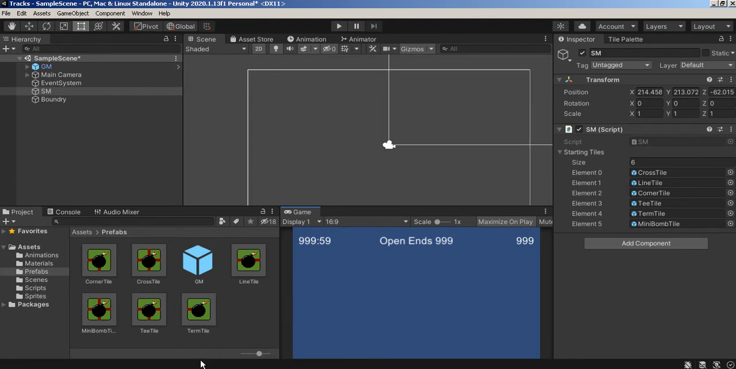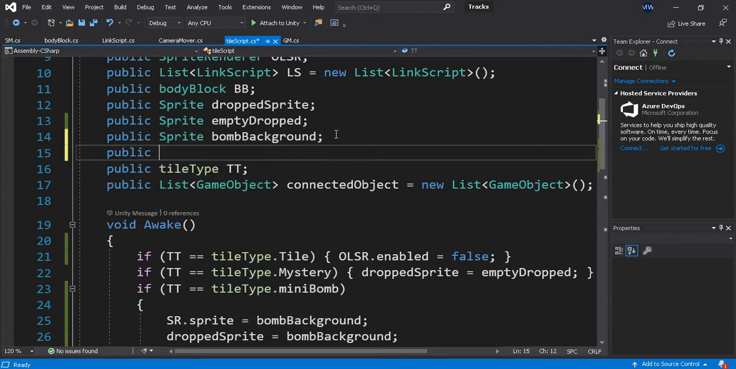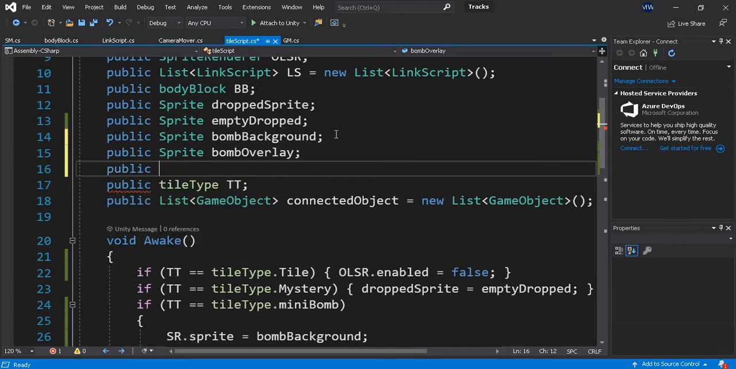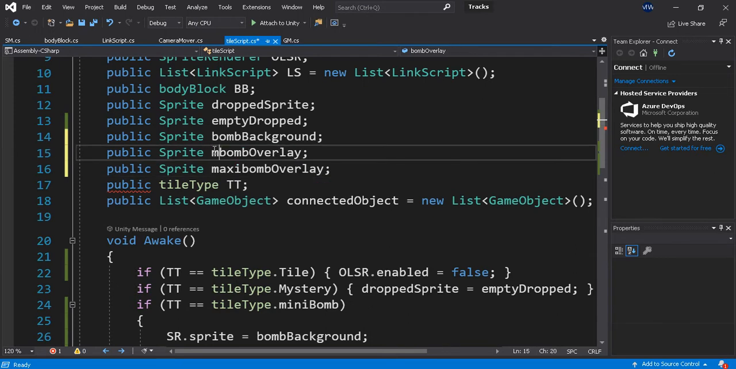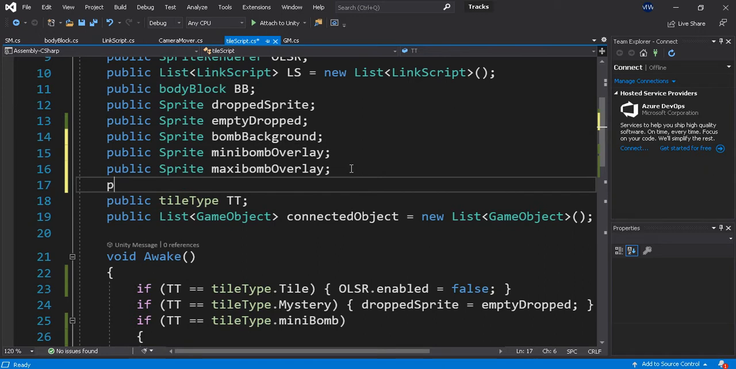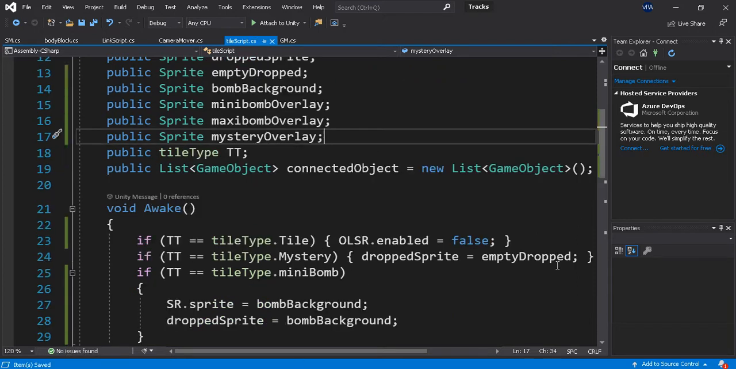Actually, let me also add to that. So public sprite bomb overlay, public sprite maxi bomb overlay. This is mini bomb overlay, maxi bomb overlay, public sprite mystery overlay. Save. So if it is mystery,